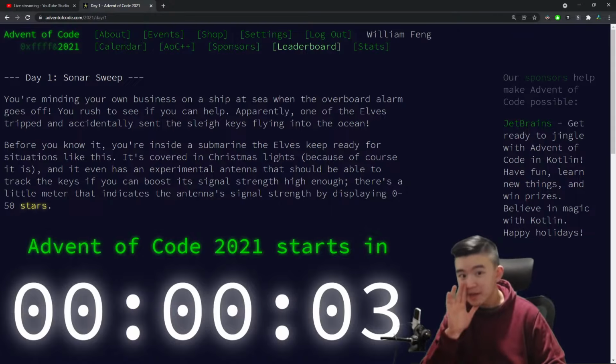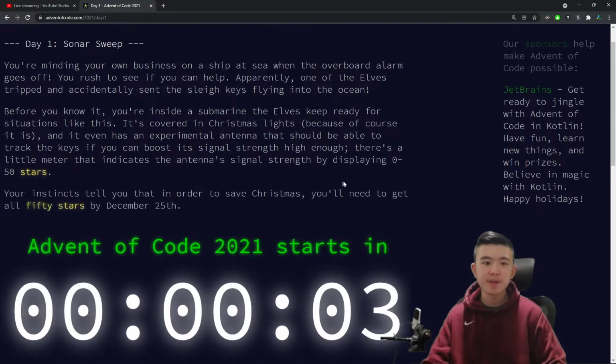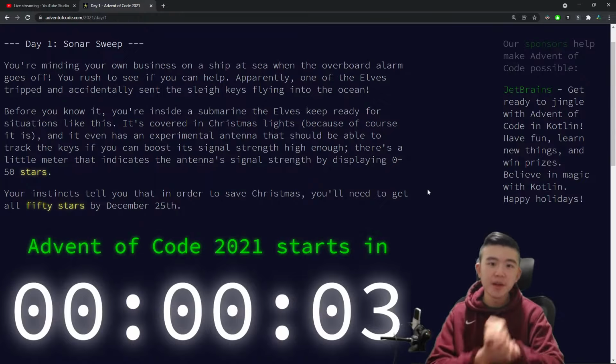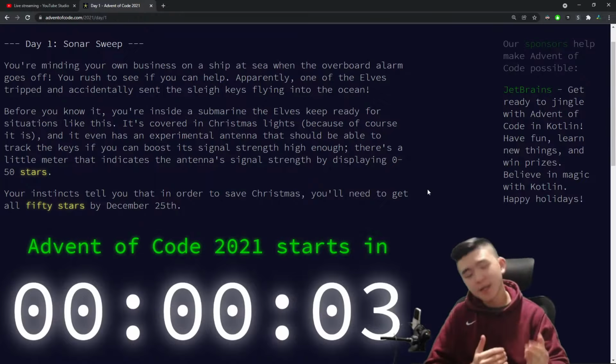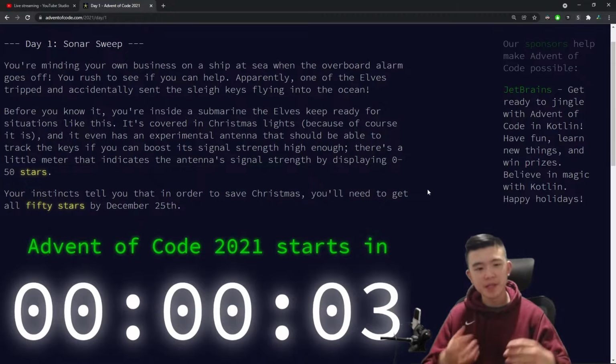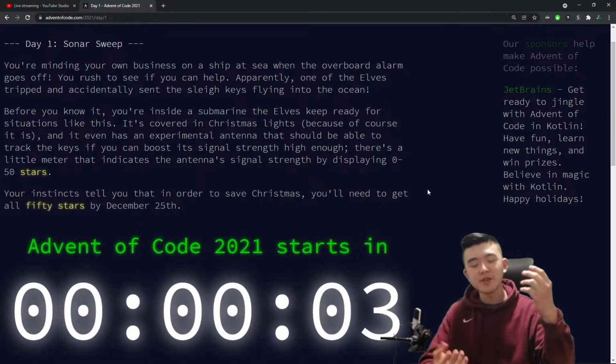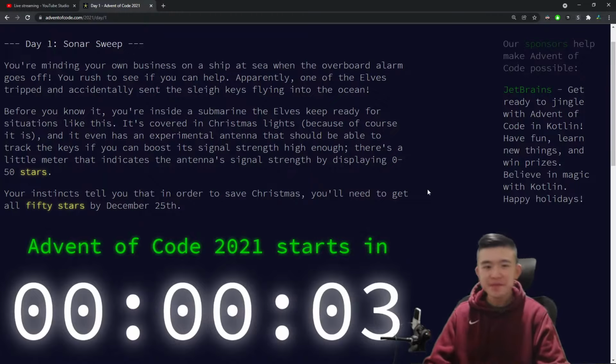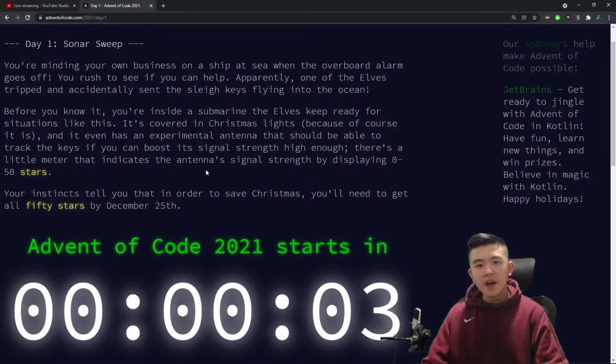There's a little meter that indicates the antenna's signal strength by displaying 0 to 50 stars. Every year, each puzzle is worth a star, and every day has 2 puzzles, so there's 50 in total. And the stars are always correlated to something. Last year, for example, the stars represented a currency that you had to get in order to pay for something on your vacation. So it appears that this year it's going to be